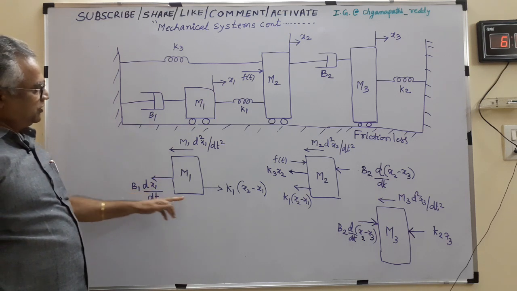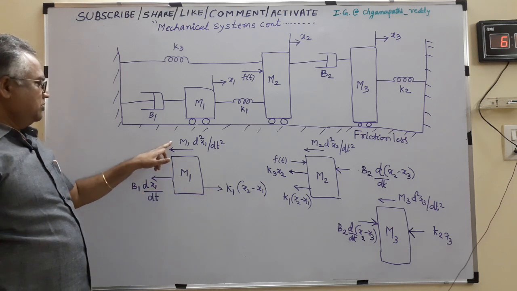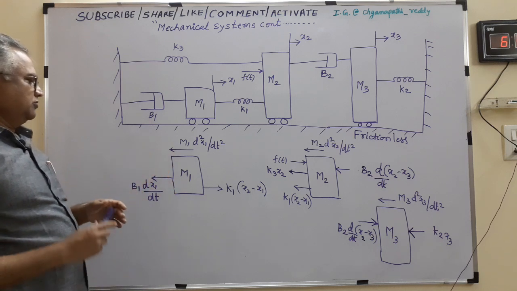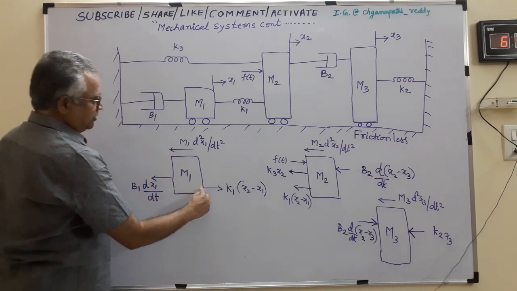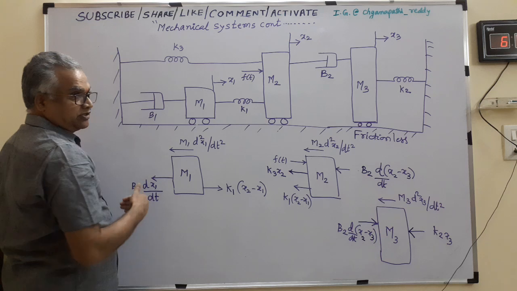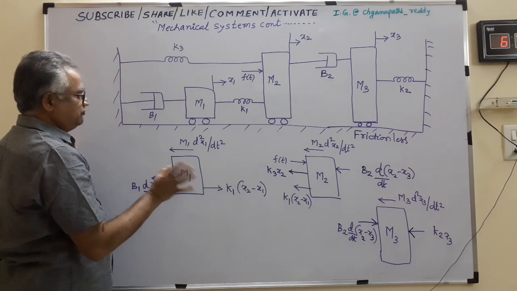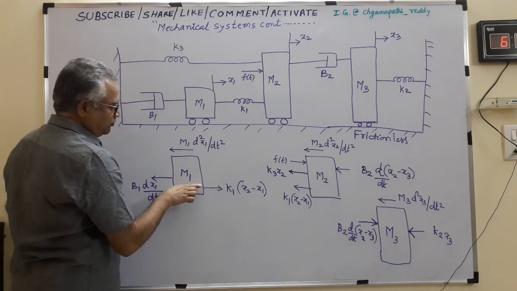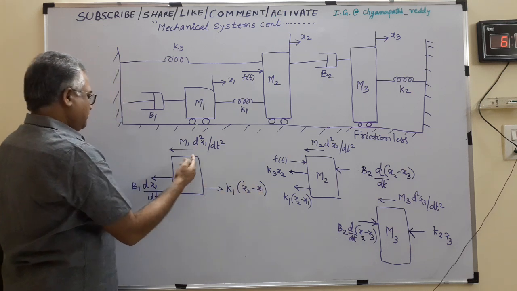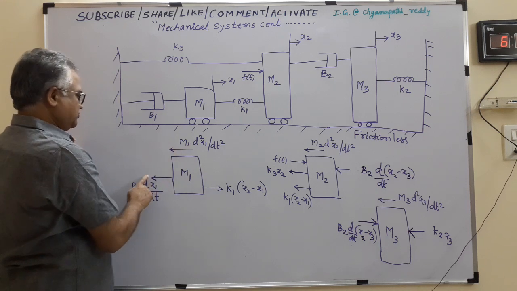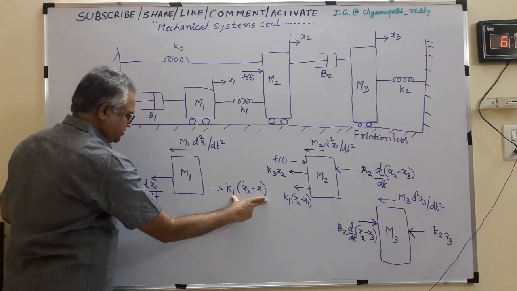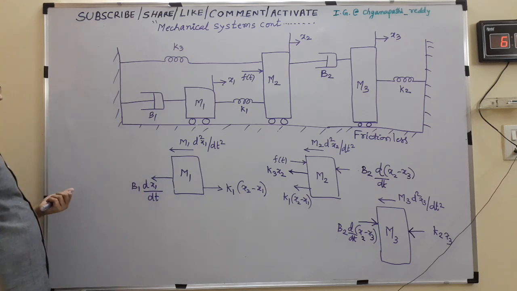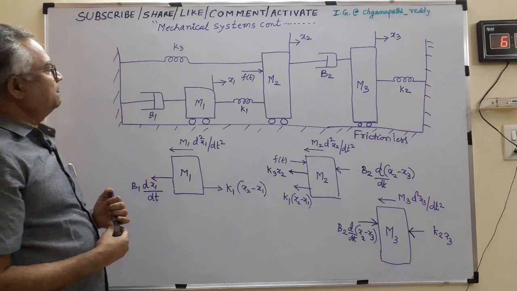So when we write the equation, this force is equal to this plus this. Don't write it like a nodal equation, where current leaving is plus and the other side is minus. Not like that. Equate opposite forces. The force going this side is this, and the forces opposite to it are these two. So when you write the equation, this is equal to this plus this. That is the way you should write the equation.